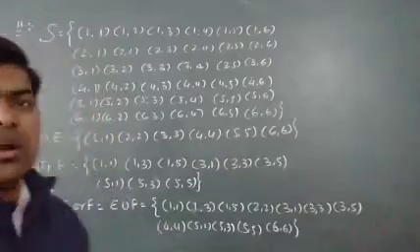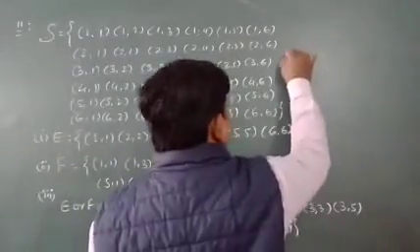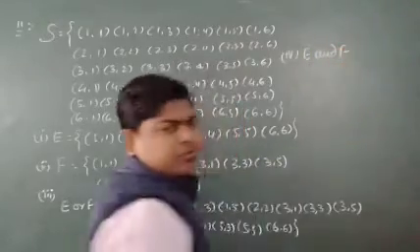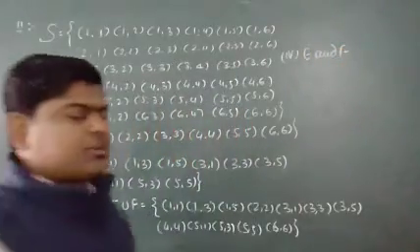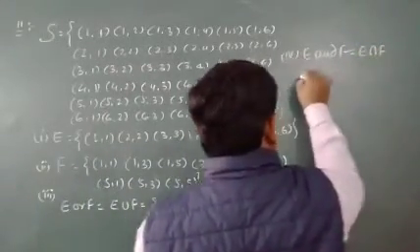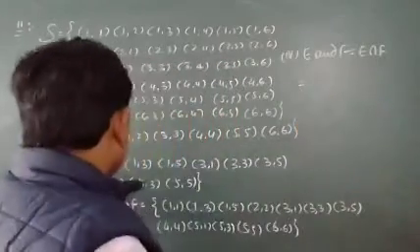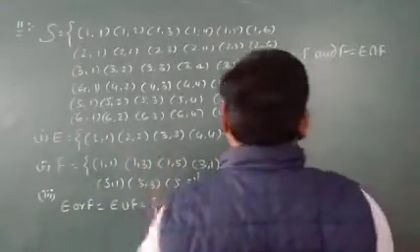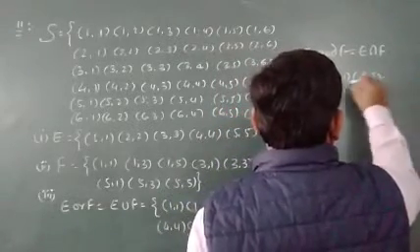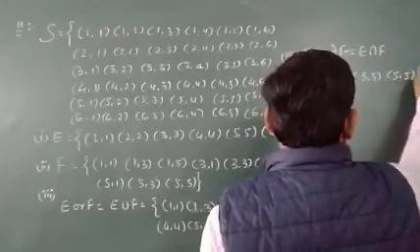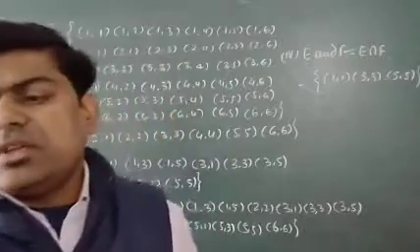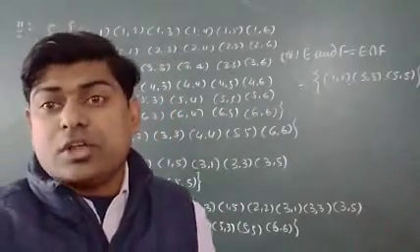The next one, the fourth part of this question, asks to find E and F. I told you yesterday, if we are trying to find E and F, it means we have to find E intersection F, and now you can write the intersection of these two. I think (1,1), (3,3) and (5,5). This will be (1,1), (3,3) and (5,5). It is E and F. Already we had got it.